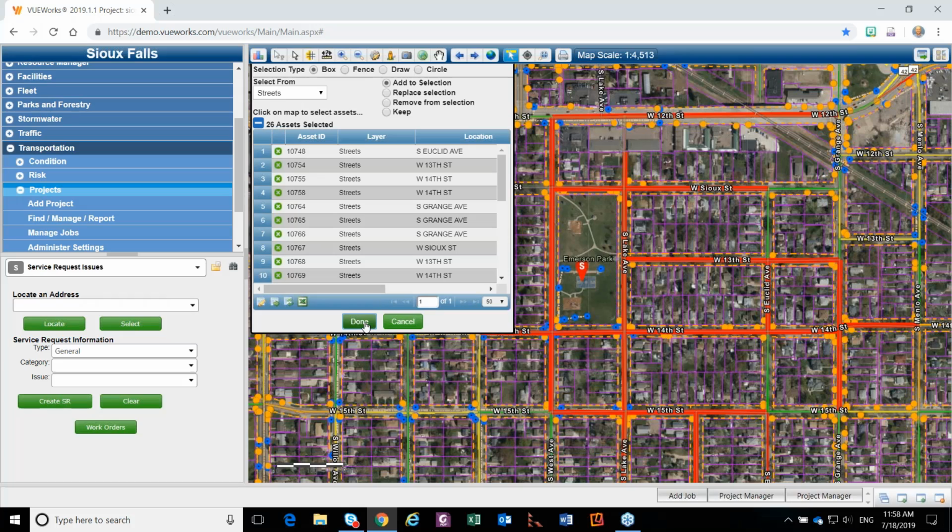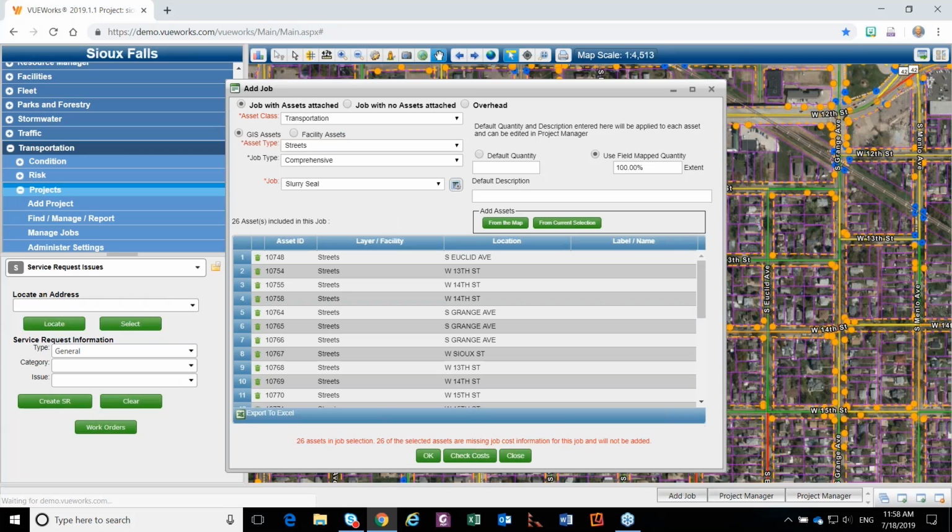Once we've selected what we want, we select done. And let's check cost again. Oh, that's not good. 27 of these are not included. I must have had something in there wrong. But one that's important is check. So you want to make sure you have information that it can calculate the cost. So it needs those fields that are in question. It needs the length or whatever value you're using to calculate quantities, things like that. So it's going to show you that